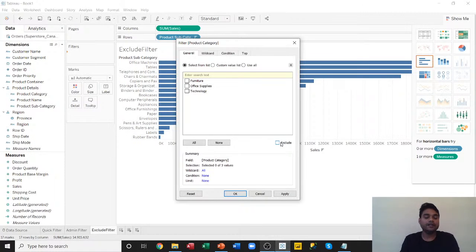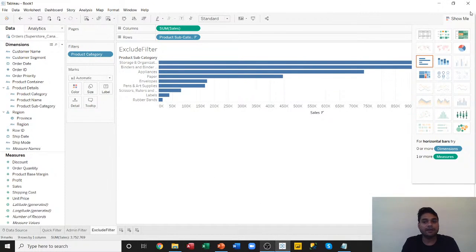Exclude means the items that we select under the product category will be excluded as filter items. So if I enable this exclude option from this pop-up menu, and then select any of the items like furniture, office supplies, technology, that item will be excluded from the report. You can see there is a cross mark against that particular item name, and if I apply,